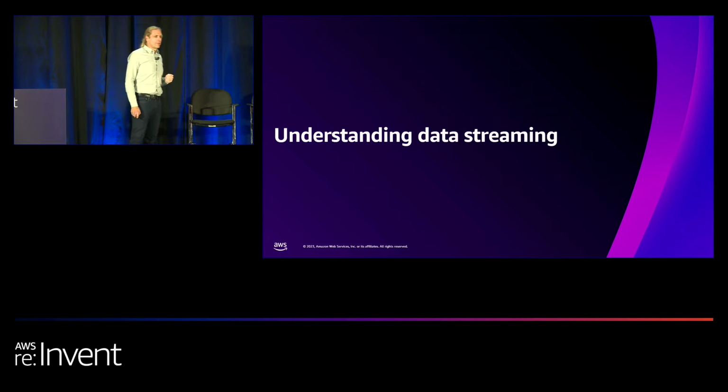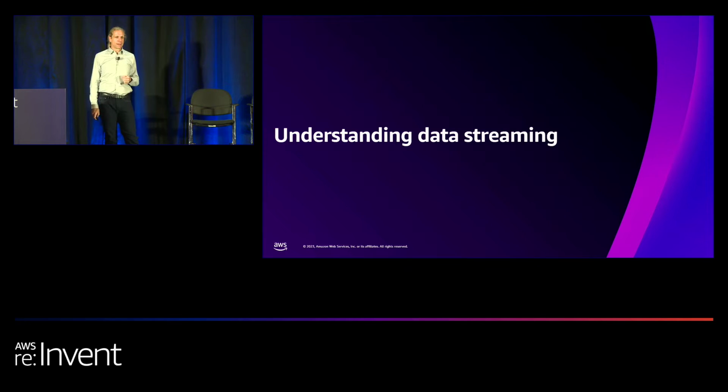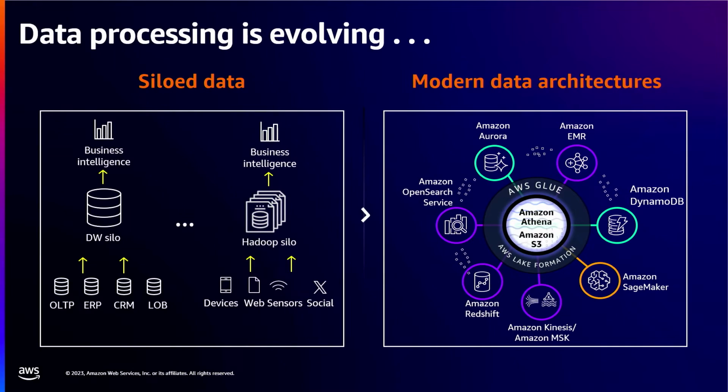So, the first thing, let's just understand a little bit about what data streaming is. Because the world is moving from a lot of siloed data, where things were in Hadoop silos or other kinds of databases in different places, to more modern data architectures, where we want to integrate your data with other systems. Having it in one place isn't going to be helpful for your data. And so we want to connect things, and this can be with databases like Aurora, NoSQL databases like DynamoDB. Maybe you're going to do some machine learning inference with SageMaker, and of course with Kafka and Kinesis to do some of the streaming movement of that data, or doing something with search with OpenSearch.